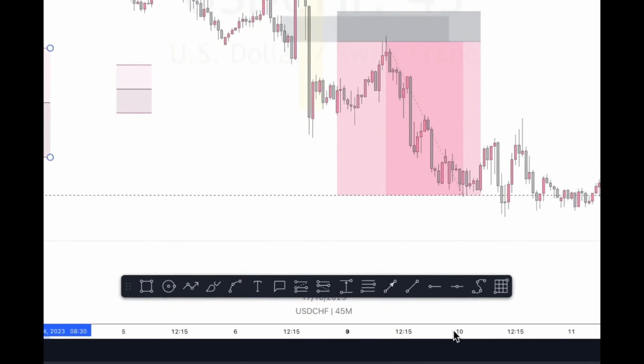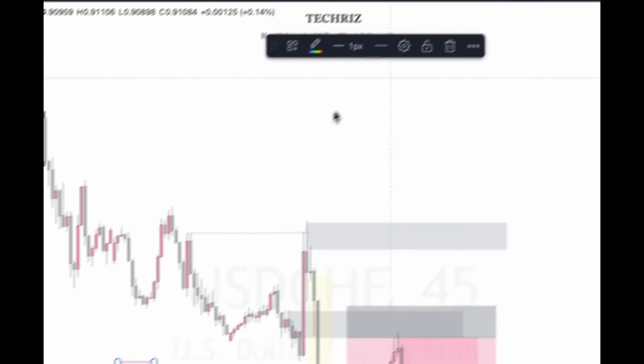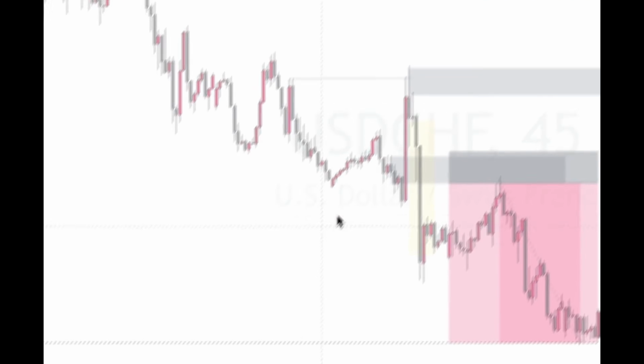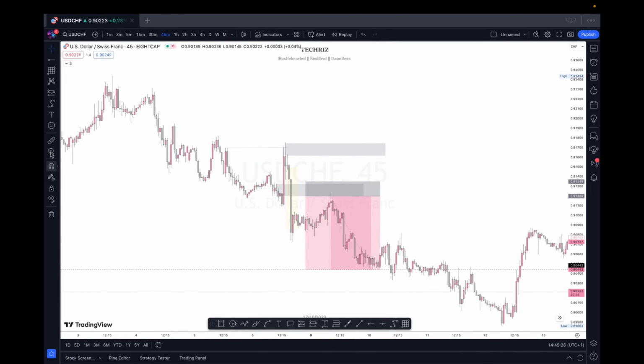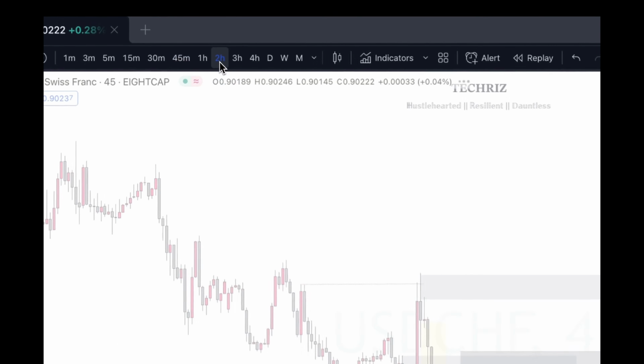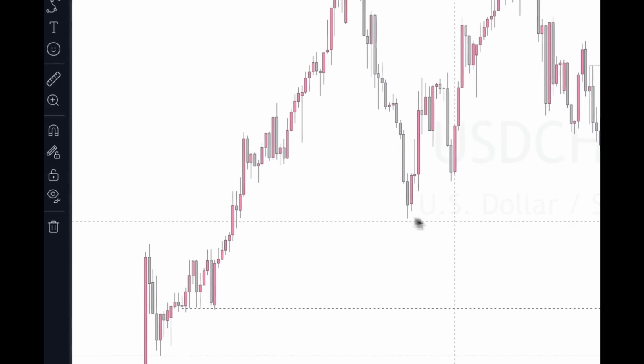So that is that. I'll show you how I actually mark that out, because this gun box tool is very, very essential when you're actually trading mitigation blocks and breaker blocks, because it can help you precisely mark out 50% of your order block, and then you can know where to actually take your trades from. So now, if you actually look here,